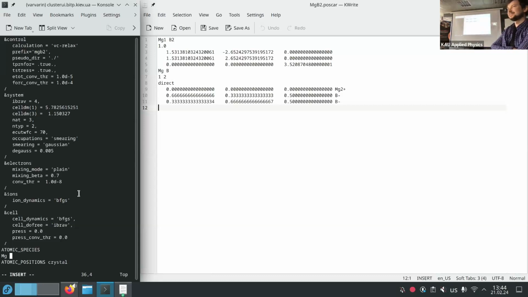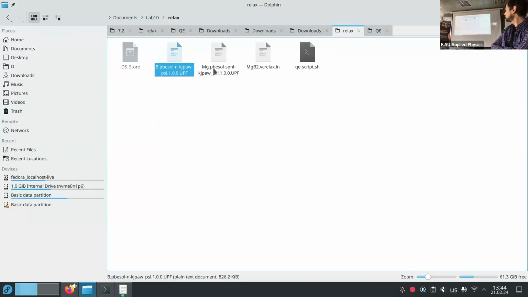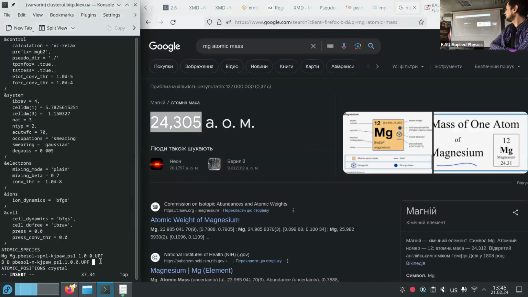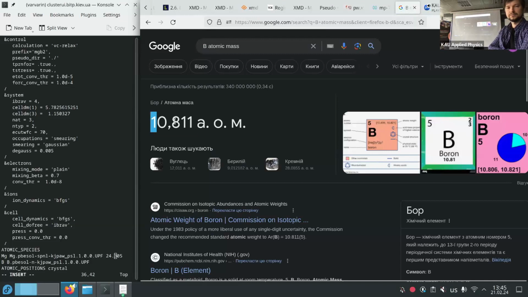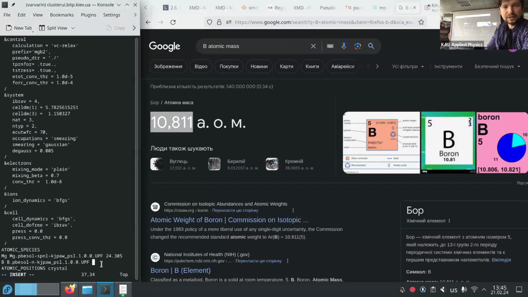Okay, so magnesium, name of the file. You have to specify atomic masses for magnesium and for boron. It should be right after the atom names, between the atom name and the pseudopotential.